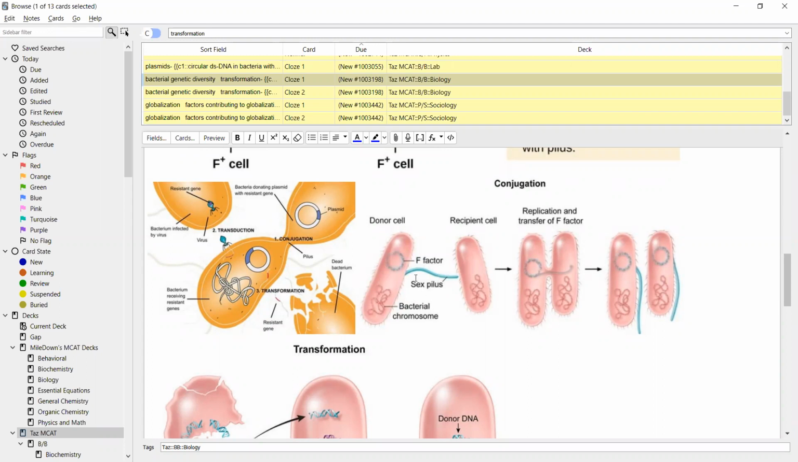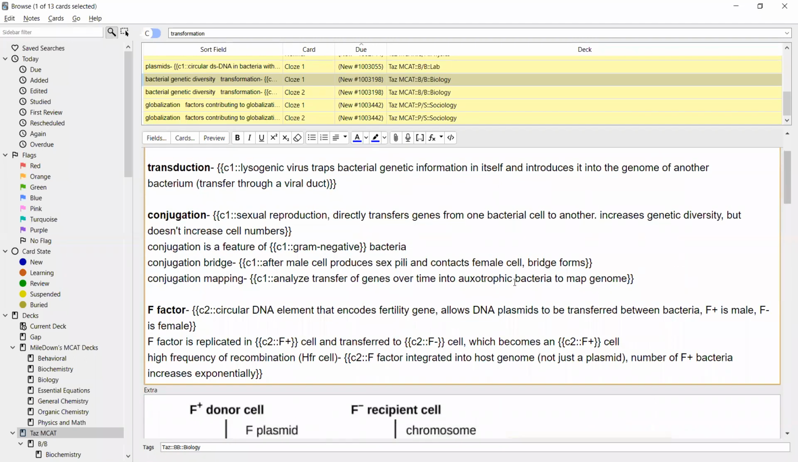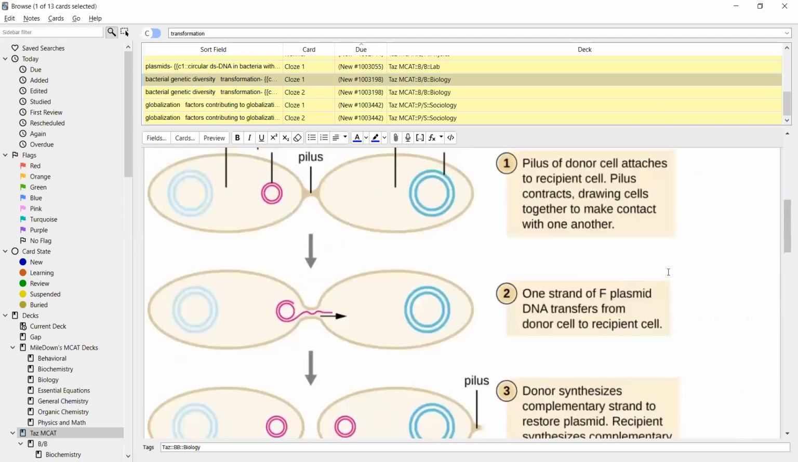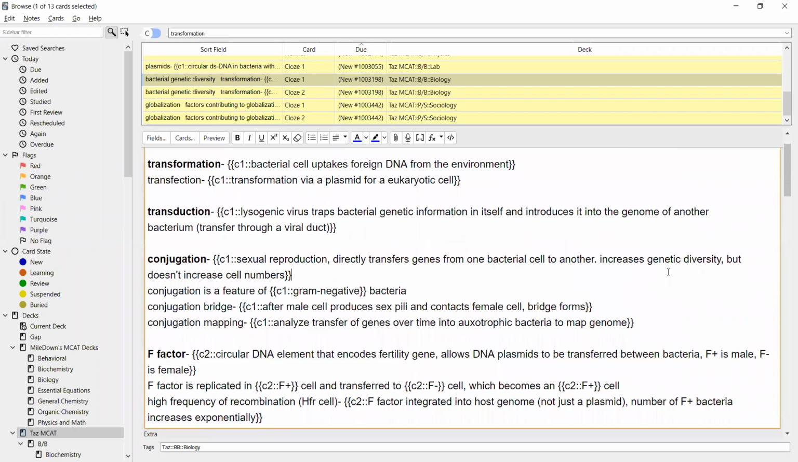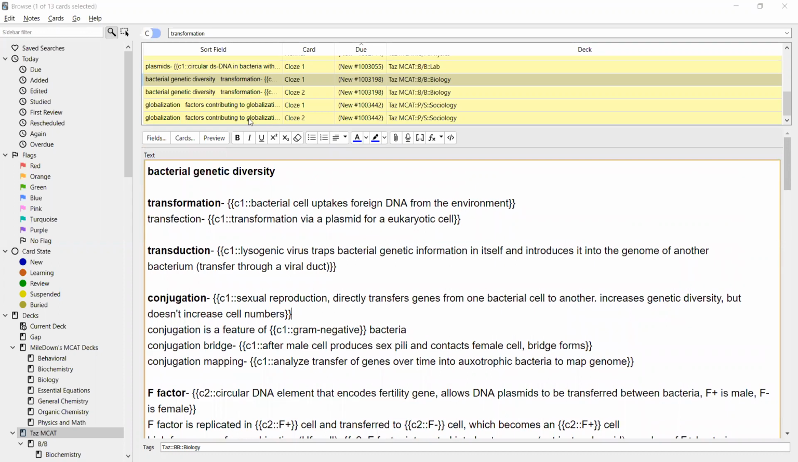So it has a sex pilus, which it attaches to another cell, and then it can transfer the F factor and also sometimes some plasmids, right? By passing it on, this one is now also able to conjugate with other bacteria. So it passes on, not really like a virus, but it passes on. So these are 3 different ways that bacteria can gain genetic diversity,